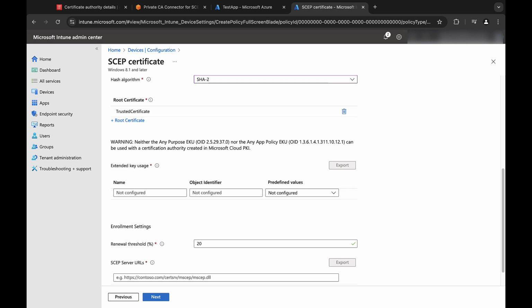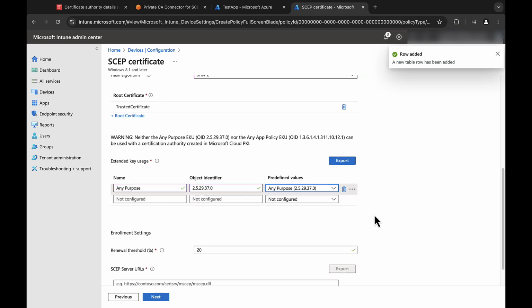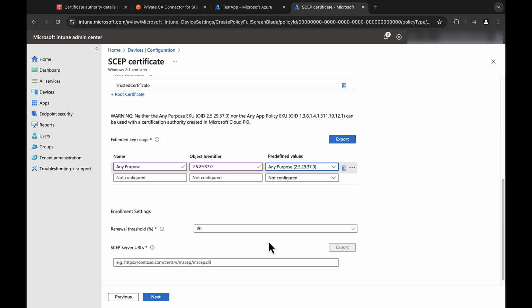For extended key usage, I will go ahead and choose any purpose under predefined values. Then we have the renewal threshold, which means that your certificates will be renewed when 20% of its lifetime remains, which we'll leave as the default.